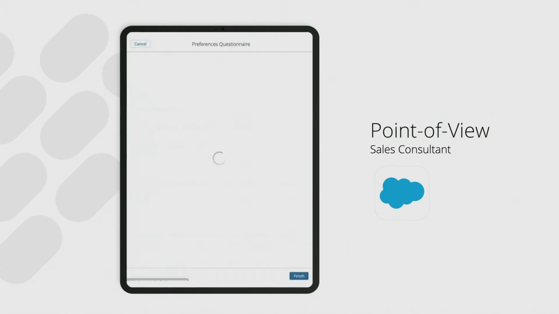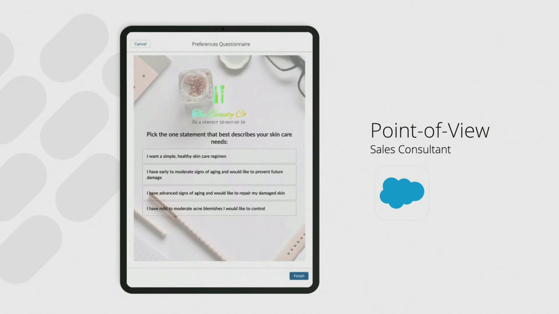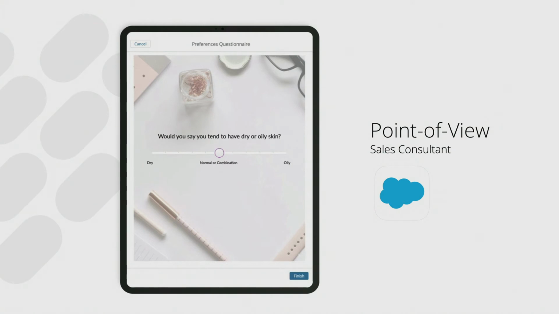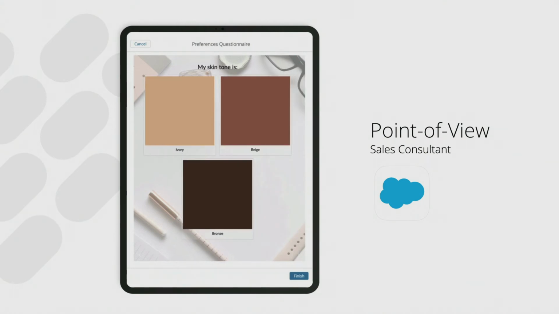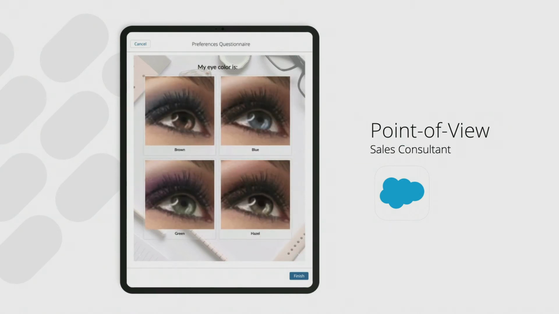This is that scenario. We're going to go ahead and launch that screen flow, turn around, give the iPad to our client, and let them have this visually engaging, compelling experience. Do you have oily or dry skin? What are your complexion features and things like that? You get some ability to tell us a little bit about yourself and put together effectively a data set that our product analytics engine can then chew into and figure out what are the products this person is likely to